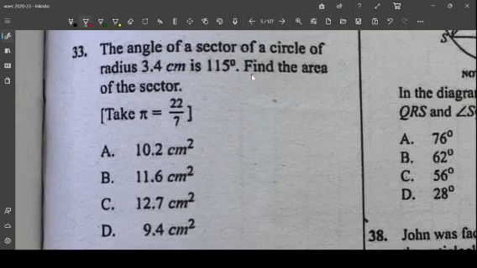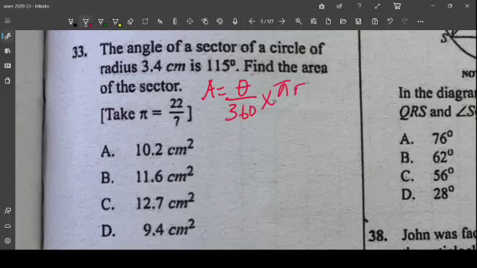All right, so let's look at question number 33. It says that the angle of a sector of a circle of radius 3.4 centimeters is 115 degrees. Find the area of the sector. This is very easy and should not take you more than 30 seconds if you remember the formula for area of a sector. So the formula for area of a sector, A, is equal to theta all over 360 degrees